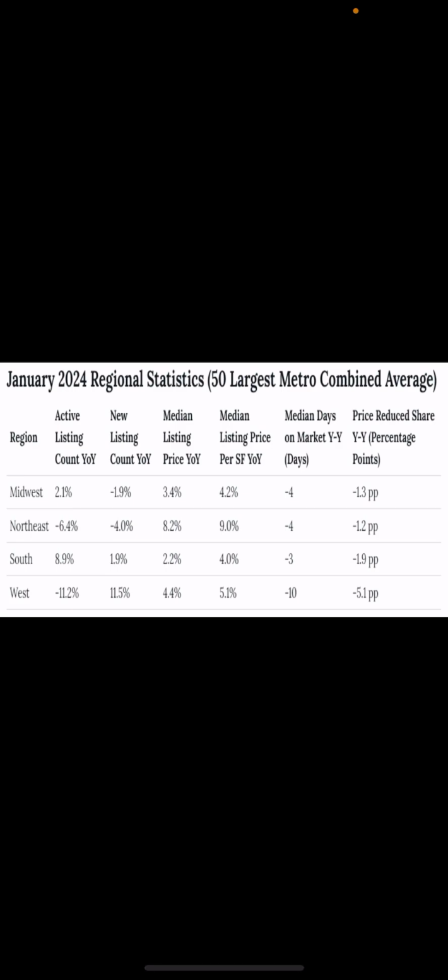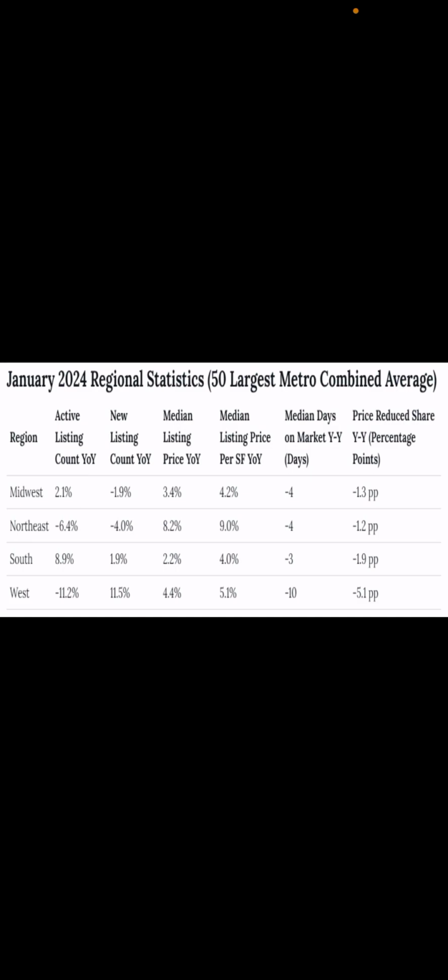Regional data. So what we just saw were the national stats, and those are okay to look at, but you really want to know what's going on in your region, and more specifically, you want to know what's going on in your county, city, and even neighborhood. Numbers change dramatically from one neighborhood on one side of the street to the next neighborhood on the other side of the street.